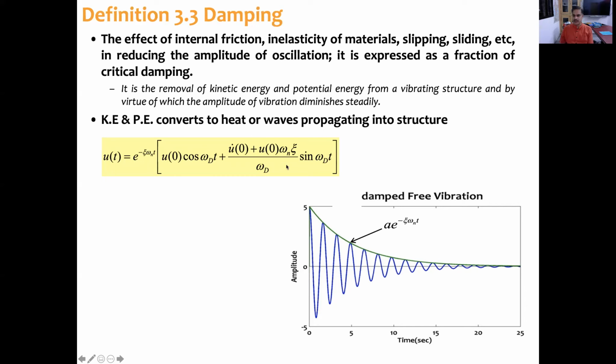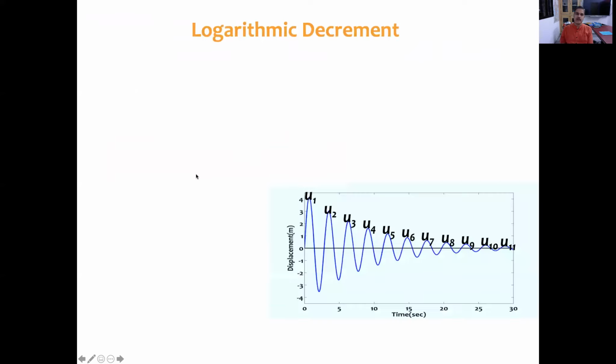From this expression, we can clearly see that this is a sinusoidal kind of motion. Now to get the amplitude, we take the coefficient of this one, the amplitude of this one, and get the final amplitude A. It is steadily diminishing, and it is following a pattern. You know what is that? That pattern is logarithmic decrement.